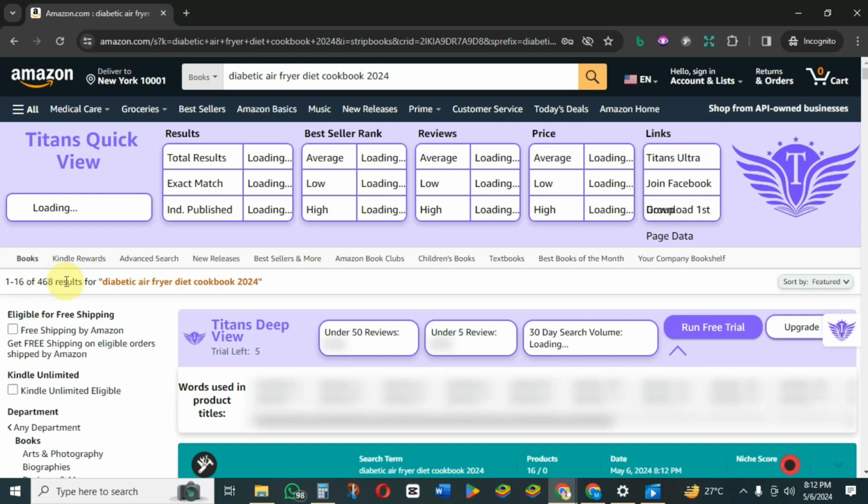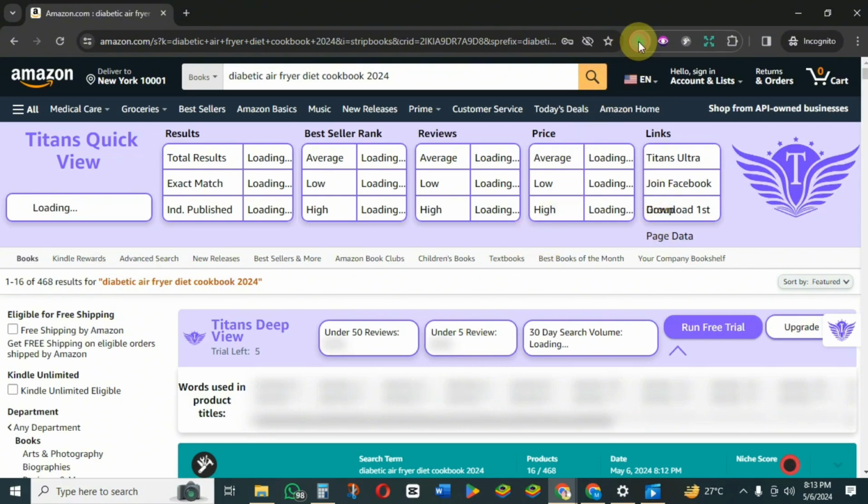You understand? And one thing you have to determine is that it is not about having low competition. You can have low competition and that book does not sell. If this particular title does not have demand, that means a lot of people are not searching for it on Amazon, this title will not sell. Now I want to use a paid tool to determine if this book has a good search